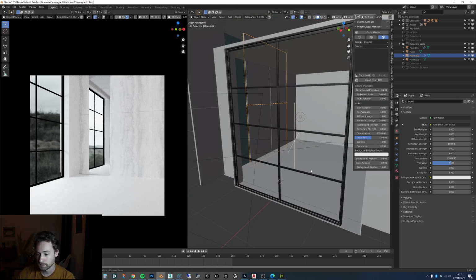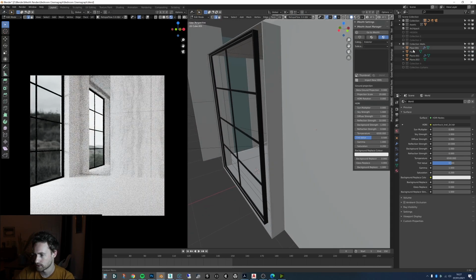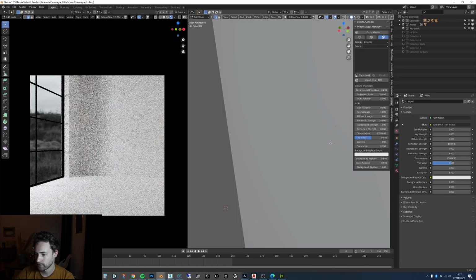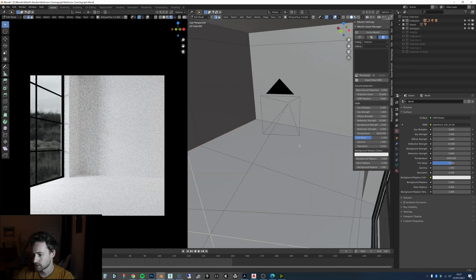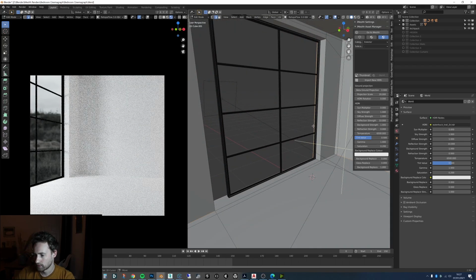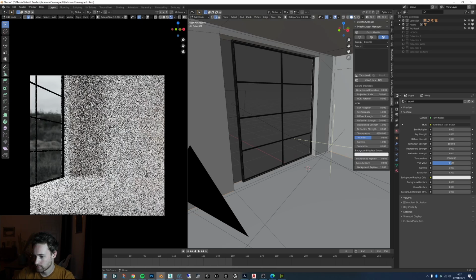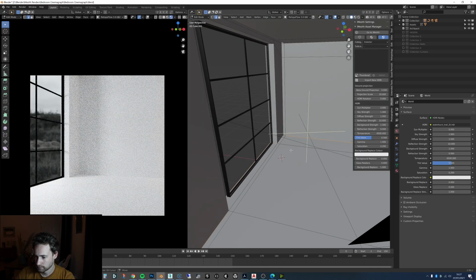For the actual floor, what I did was just get this floor, and let me turn this one back off, and I just went around the room and selected all these edges, and then like this, not these ones, let's just remove these, and this one and this one, something like this.